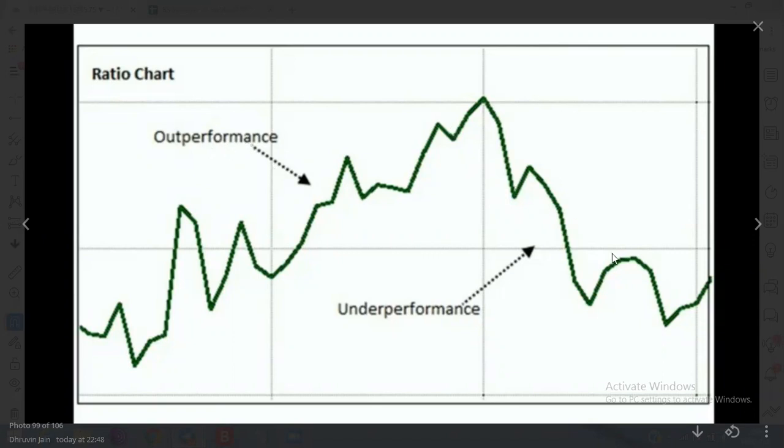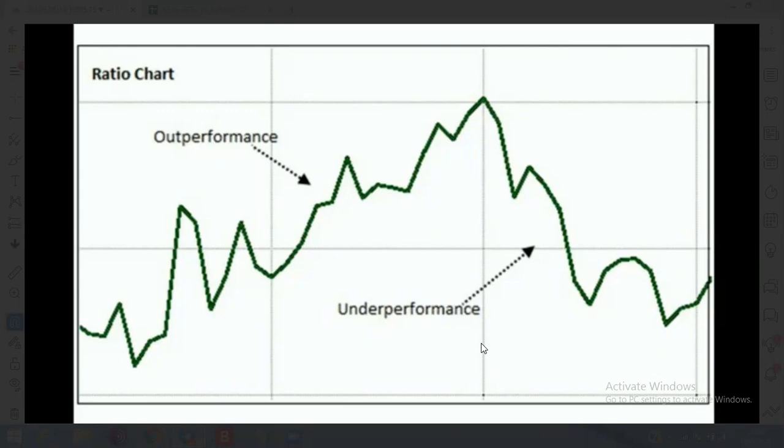When the ratio line is moving down, the stock is underperforming. And we have to analyze the ratio line like your normal price action charts. You can analyze it like patterns. You can plot head and shoulder patterns. You can plot double top patterns. I have also analyzed that. You can analyze breakouts, you can analyze pullbacks, you can analyze higher highs, higher lows, not an issue. Okay.